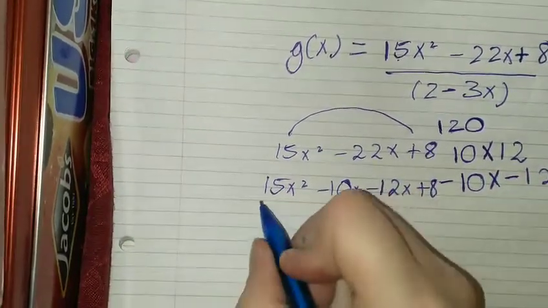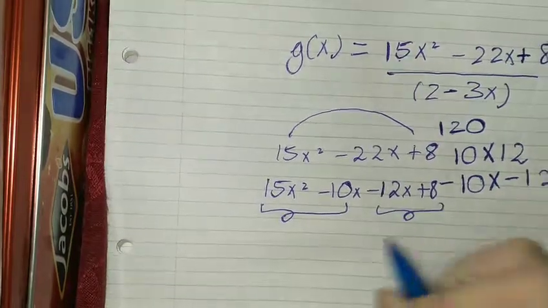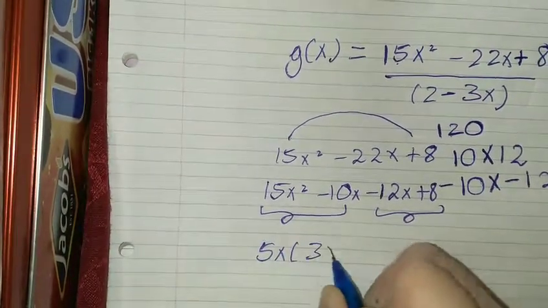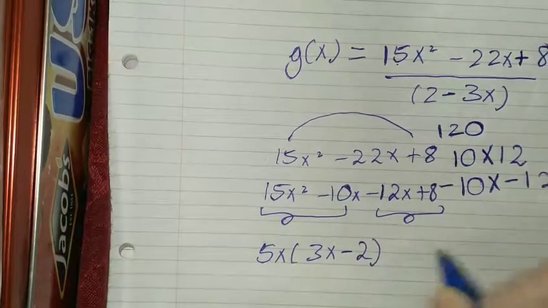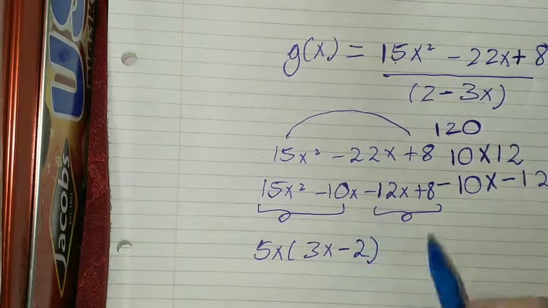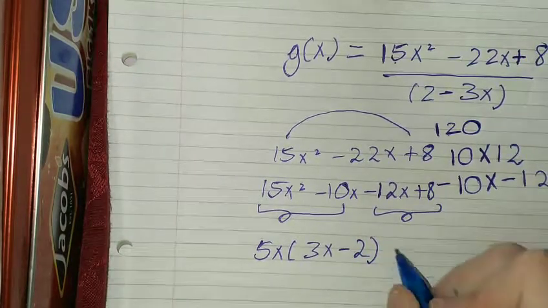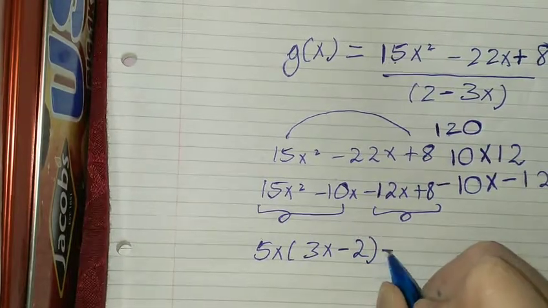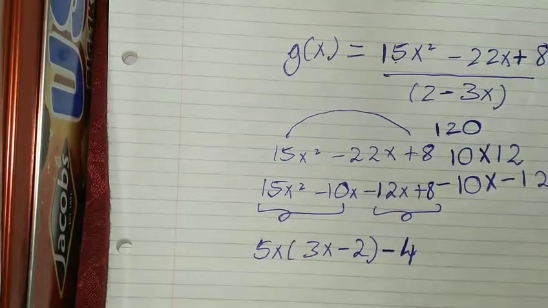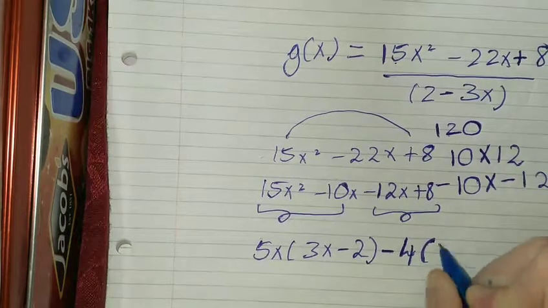Then I factorize the first pair and then the second pair. So I might take out 5x and then 3x minus 2. And then in this case, I can take out minus 4, and then I'll have 3x